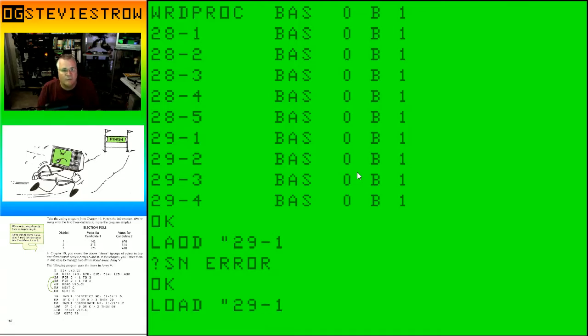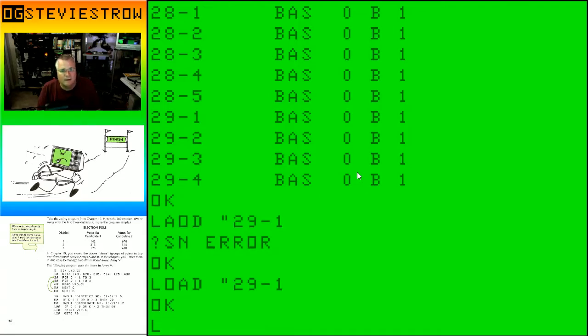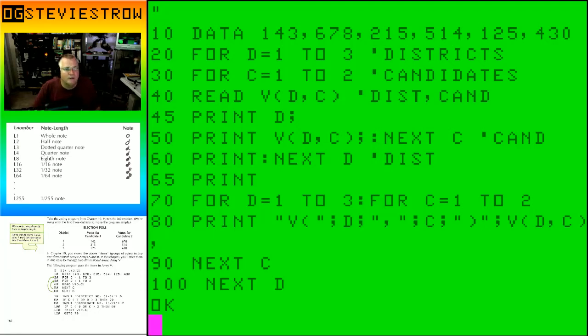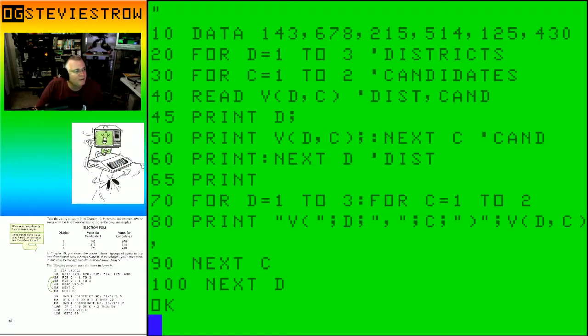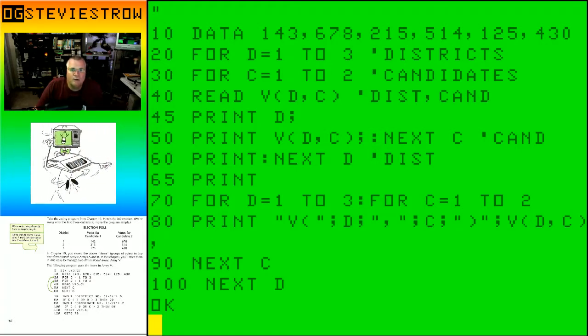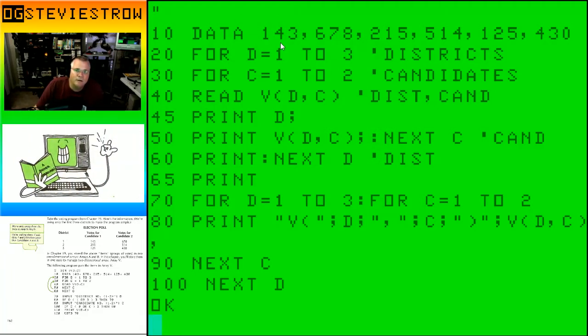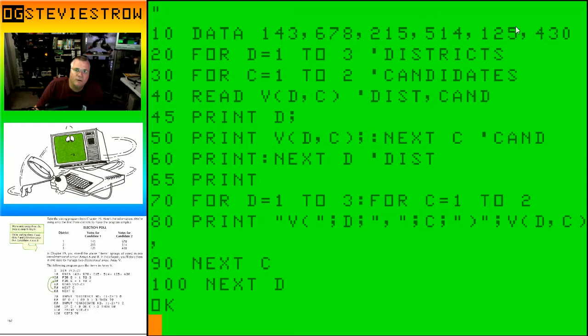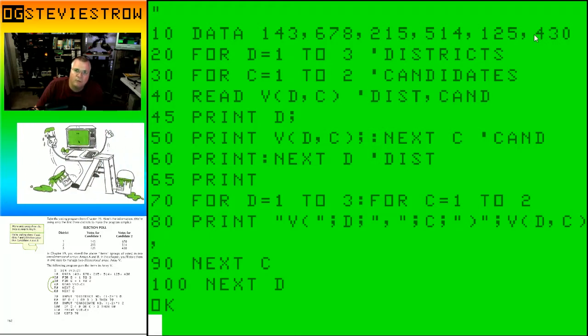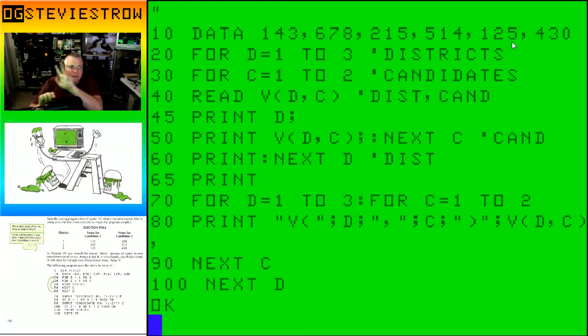So when we load up program 29-1, which is similar to what they have in the book, we're going to see that we've got the same sets of data, 143, 678. So this is candidate 1, district 1, candidate 2, district 1, candidate 1, district 2, candidate 2, district 2, candidate 1, district 3, candidate 2, district 3. So you've got 2 sets of numbers repeated 3 times for the 3 districts, and it's all strung out in